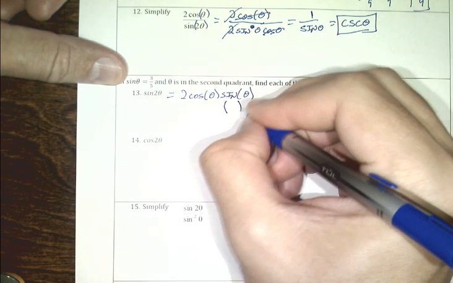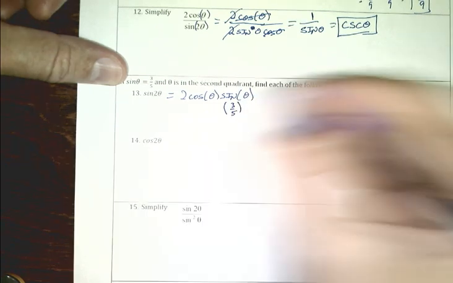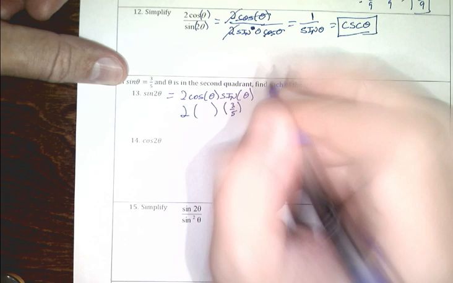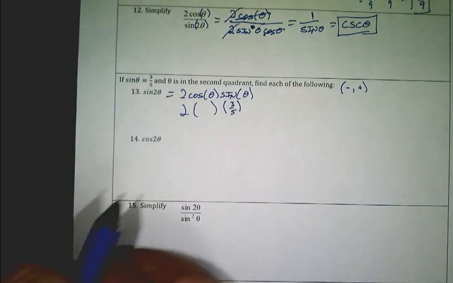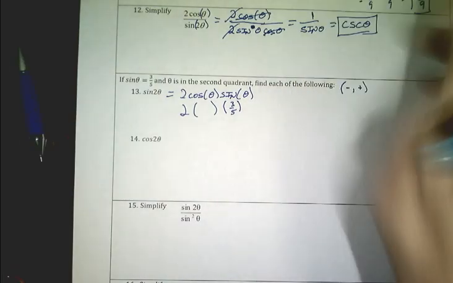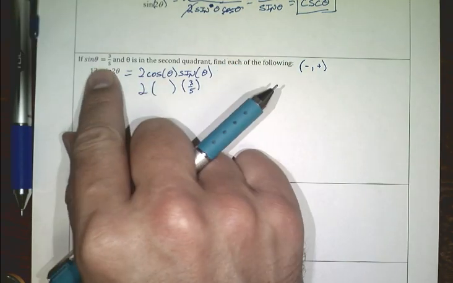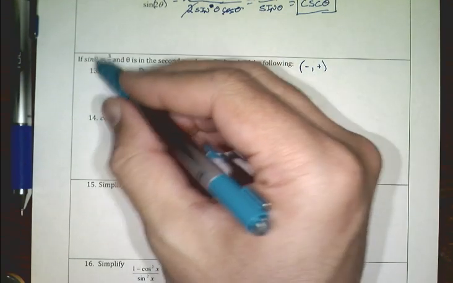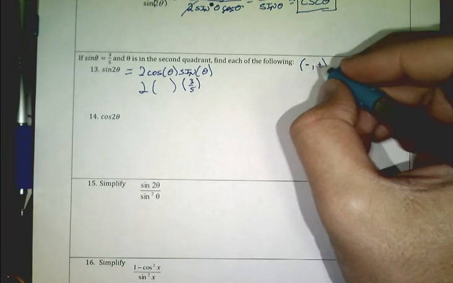And we already know sine theta, so we can replace that with 3/5. And we don't know cosine theta. So we need to figure that out real fast. So let's go over here. If I know sine is equal to 3/5, well, we have a theorem that helps us figure out cosine. We know that